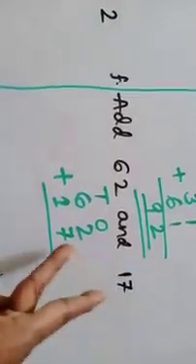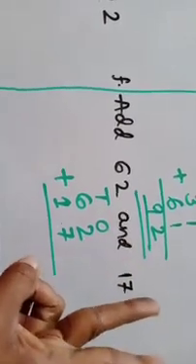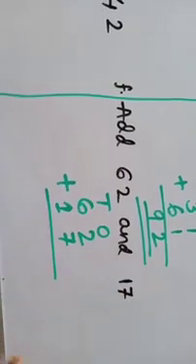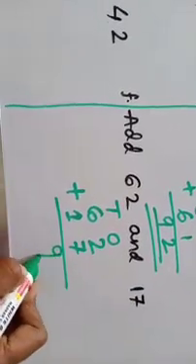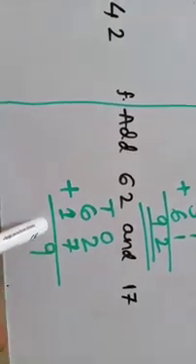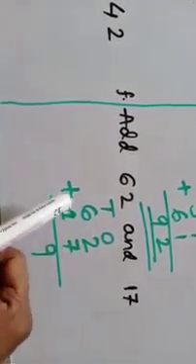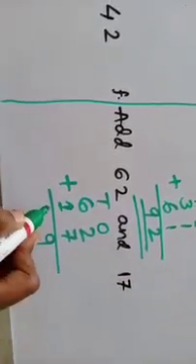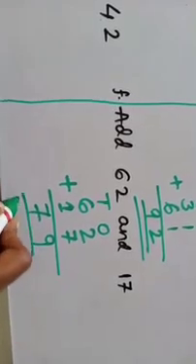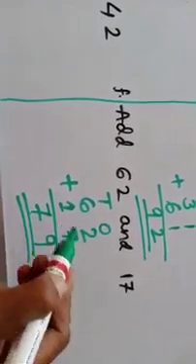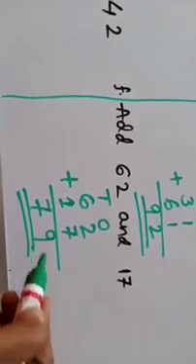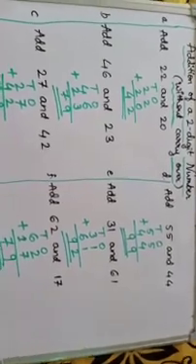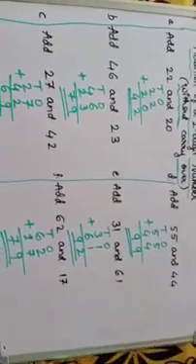Got it? So 7 is in the mind, 2 in the hand. 2 should be in your hand. Okay, so 7 after 8, 9. What answer did we get? 9. Let's write here 9. And 6 plus 1. So 6 should be in your mind, 1 should be in your hand. So 6 after 7. What answer did we get? 7. So 79 is our answer. 62 plus 17 is equal to 79. So here we have completed addition of 2-digit numbers without carry over.